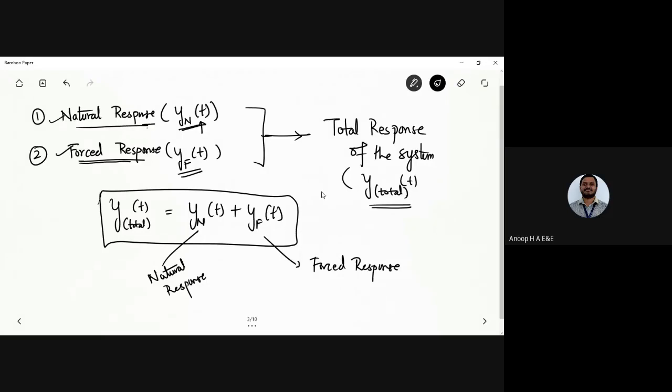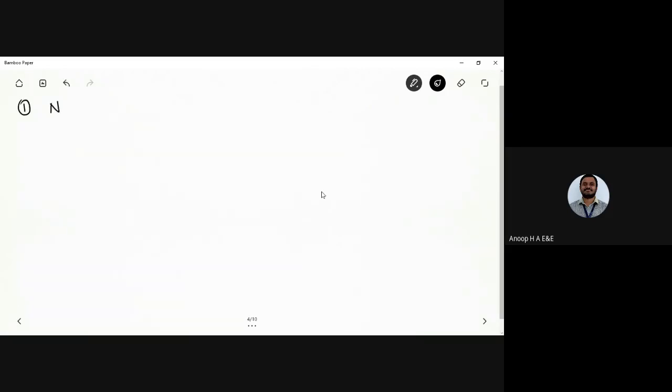response of the system. Okay, so now I want to find the natural response of a system first, that is yn(t). This is quite important, I'm telling you, because if you fail to identify the type of the roots and the output form to use depending on the roots of the characteristic equation, the form of the natural response is quite important here. Okay, so now I have the roots of the characteristic equation.